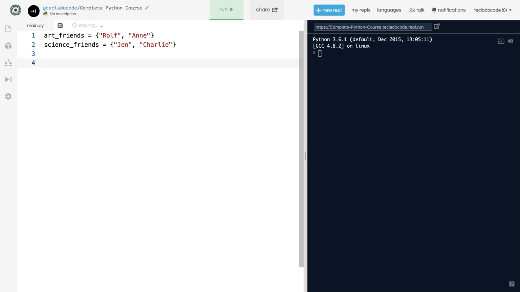If you want to add to a set, you just do something like artfriends.add and then add Jen. What this is going to do is add the Jen string into the art friends set, and it's going to put it anywhere in that set. Remember, sets don't keep order, so it could be anywhere. It could be at the start, it could be in the middle, it could be at the end. And there is no guarantee on the order being kept throughout the program either. So whenever you print the set, it could be in a different order. So let's print it out